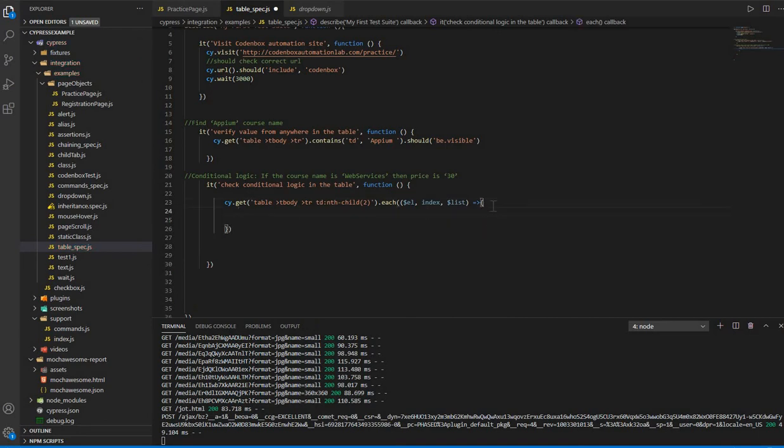And then here, now this el, so $el, right? $el has the knowledge of each and every element from this locator. So let's put this one here, $el. Since it has the knowledge of each and every element from this locator, let's extract the text from each and every element. So use the text method, right? Whatever the value in the first element, this text method will extract the value as a string,